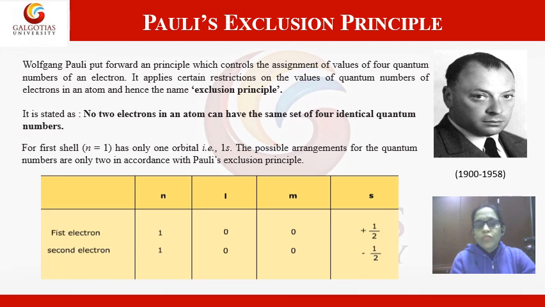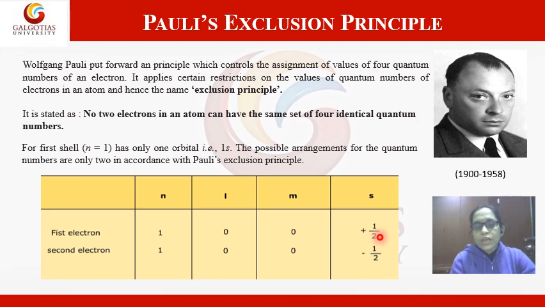So for the 1s electron, if this electron is present in 1s shell, principal quantum number n is equal to 1. And what will be the value of L? For s orbital, L is equal to 0. If L is equal to 0, so m value will also be 0. Then there are 2 electrons, so for 1 electron the spin will be plus half, that means it is rotating in clockwise direction.